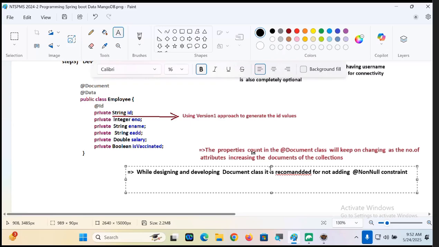What constraint, my dear? It's recommended not to add the non-null constraint because the documents of the collection